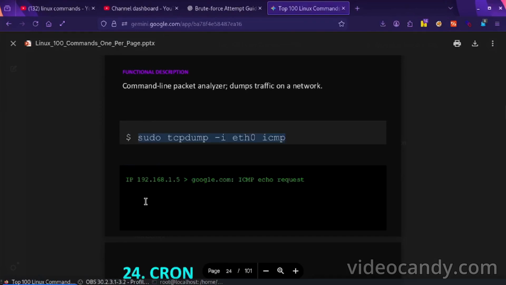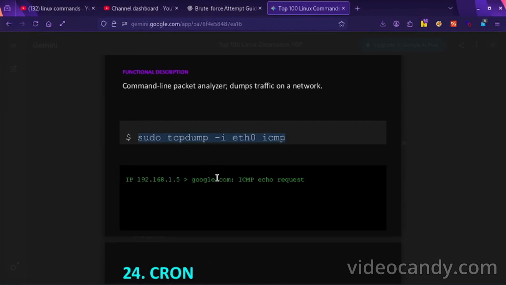I think I had not sent any request. It is a command line packet analyzer that dumps traffic on a network, not other networks.